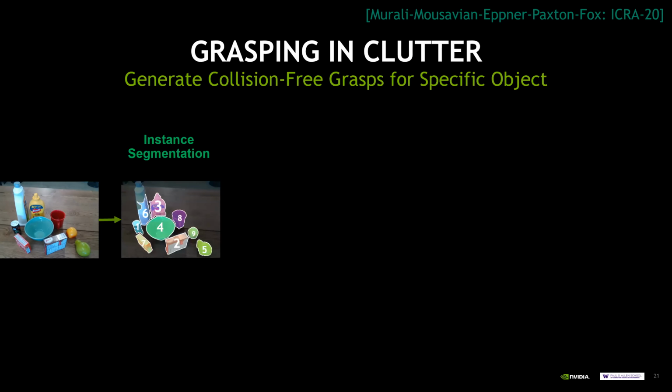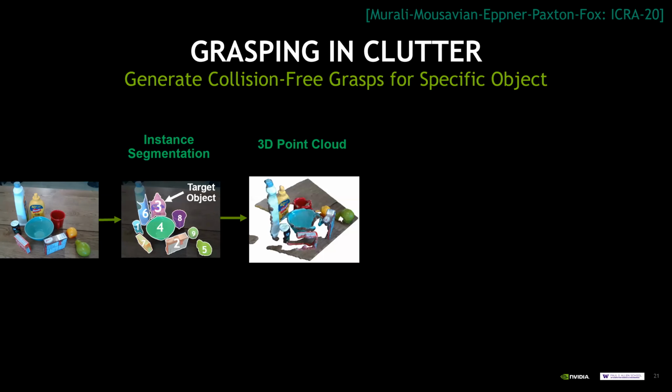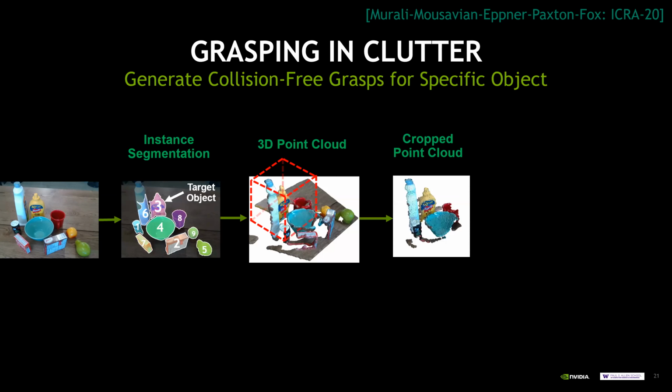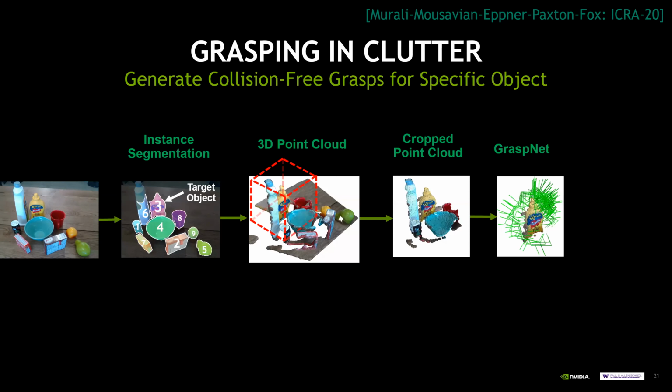Well, so let's segment all the objects out, so we can identify which object is which, or at least know that they're different, right? We want to grab object 3, we want some mustard. So we take our 3D point cloud from this scene. We crop that point cloud out, and GraphNet, what I just showed you, is going to give you a whole